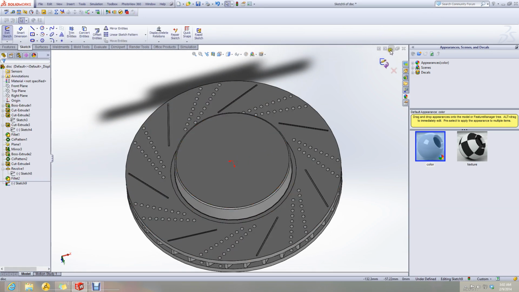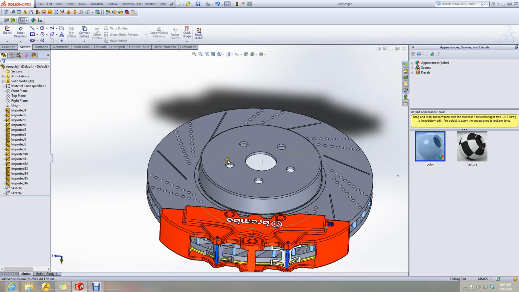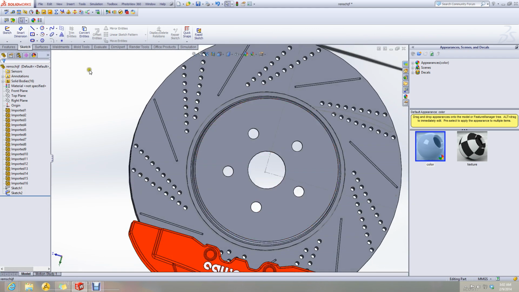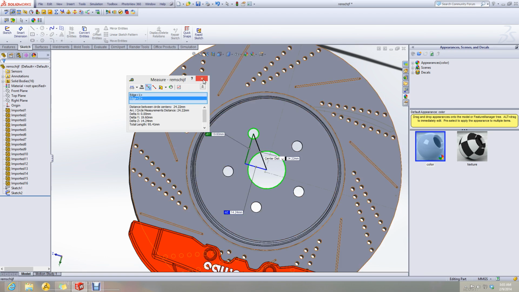Let's do the remaining part. These are 5 circles. The center one is 23.66 and they are 6.71 and their distance is 24.